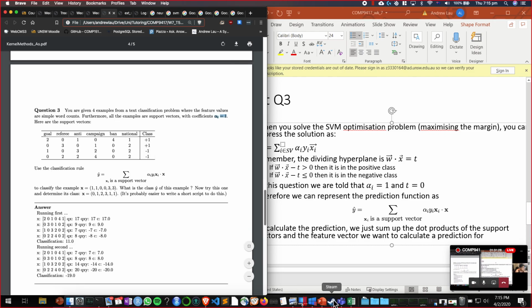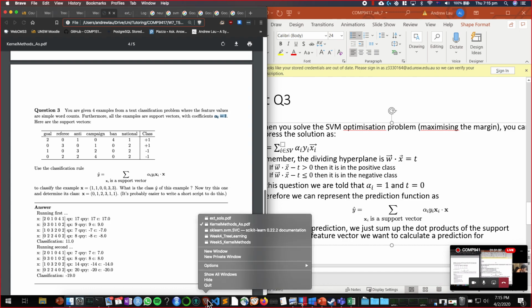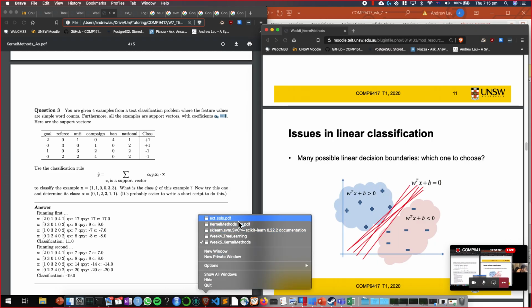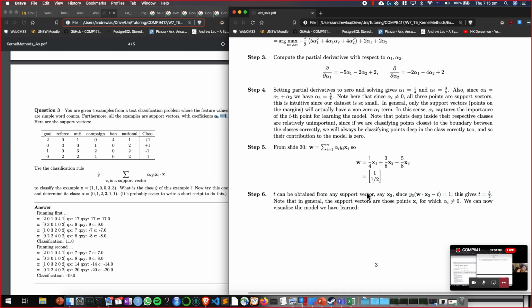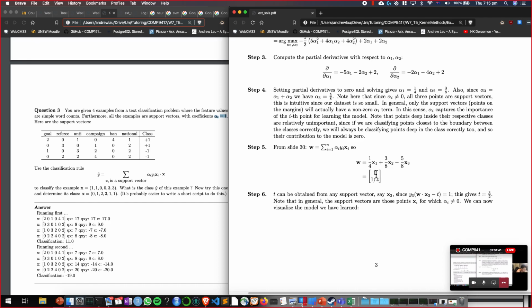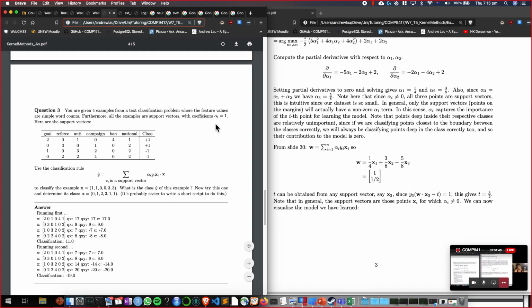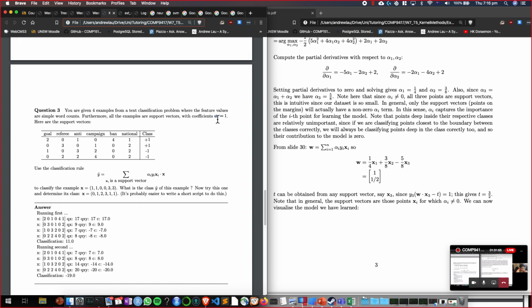Now recall, in that previous example, which I need to find, where did I put it? Here. Recall in this example here, the weights are 1.5. Here the weights are 1, 1, 1, 1, sorry. They might not be 1, but in this case they're 1. So the alpha is the weight of each of the observations. And if the weight is non-zero, it means that it is a support vector because it's helping define